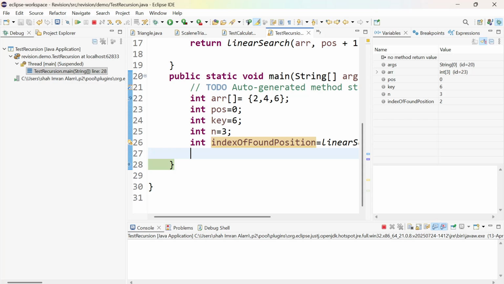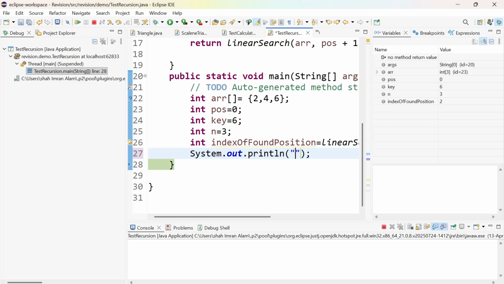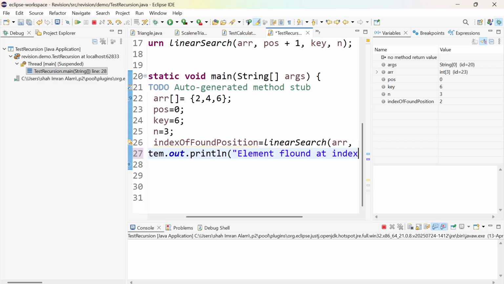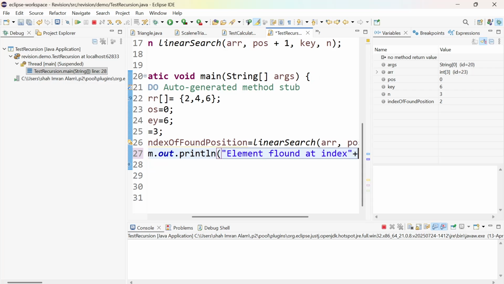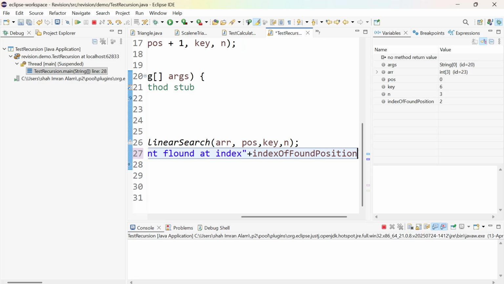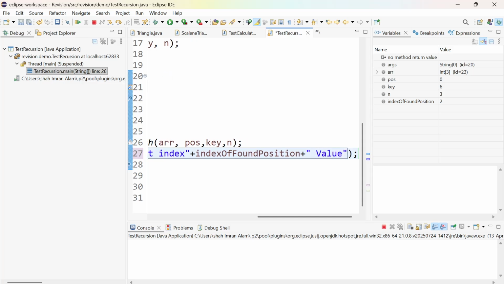Let me just write that statement. Forget how we are doing it in Java. I am just printing that element: element found at index, value is equal to,